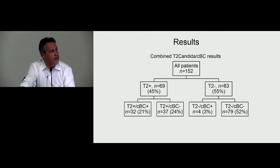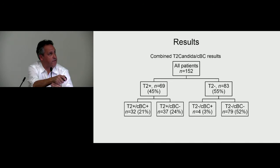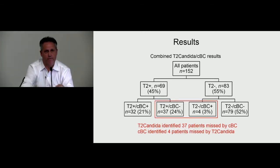So if we look at the combined T2 Candida blood culture results, in this flow chart, here's our entire cohort with a positive blood culture to begin with. T2 was positive in 45% of these patients, negative in 55%, and T2 positive and blood culture positive in both in 20% of the overall cohort. Both tests, the T2 and blood culture, were negative in 52%, but the key results are here where we've got